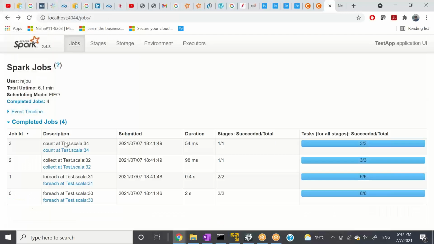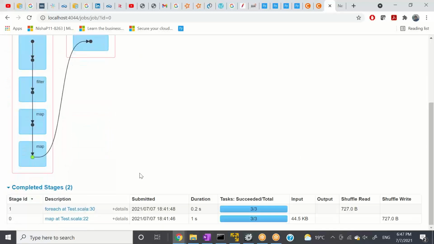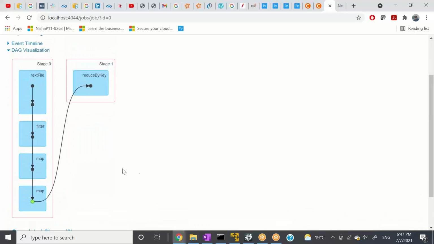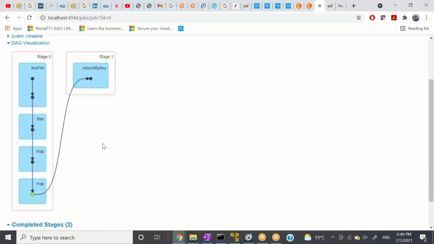Now one more thing, let's see how our wide transformation works. So let's go here. Perfect. What we can see here is that in the narrow transformation, everything was done in stage 0.